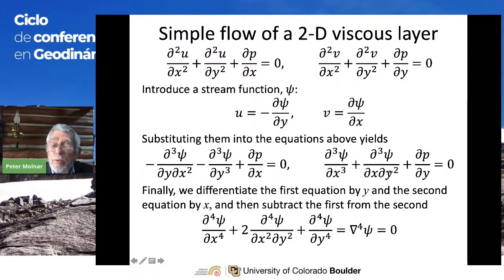When we've done this, we differentiate this with respect to x, this with respect to y, and subtract the equations, we wind up with this. And this is sometimes written in this way as the gradient, or the nabla, to the fourth power of phi. I just write this for convenience. We don't use this. So this winds up being the equation that we must solve when we know our boundary conditions.